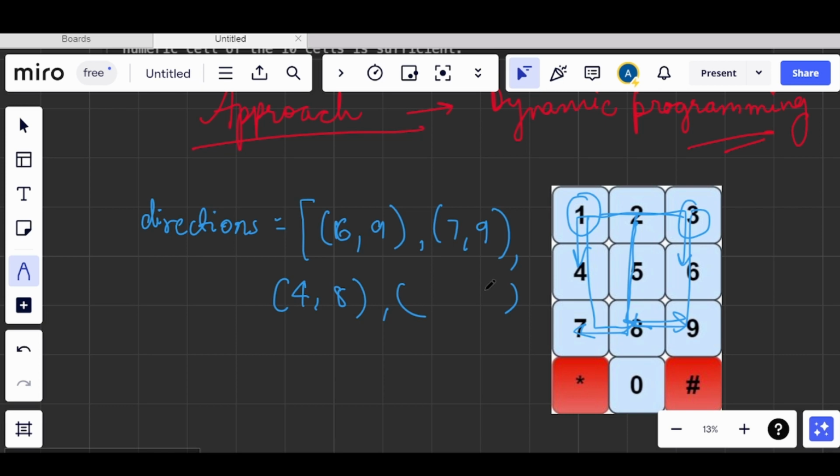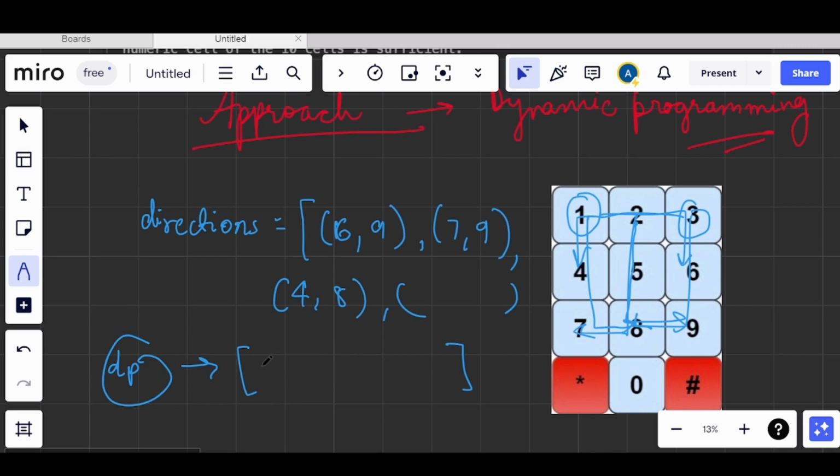So after that, we have the directions that are possible from each index. After this, we will declare a dp. This dp will be storing the total number of different numbers that we were supposed to form, so we will be forming them from that.